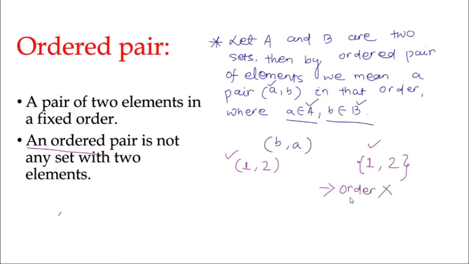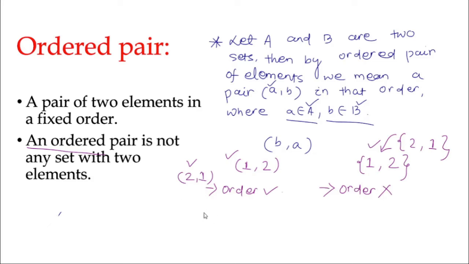Okay, in case of set the order does not matter. If I write 2 comma 1, this will be equal to this one only, because you arrange it anyway; the elements are important, not the order, in case of set. But if I write 2 comma 1 as an ordered pair, then this will be a totally different ordered pair. So the first difference we can note down is that in case of ordered pair ordering is important, whereas in case of set the ordering does not matter.